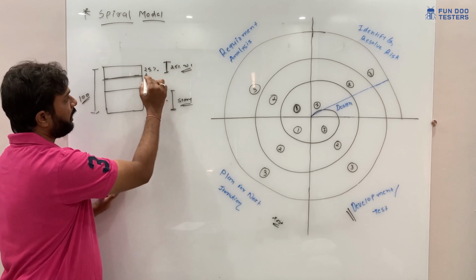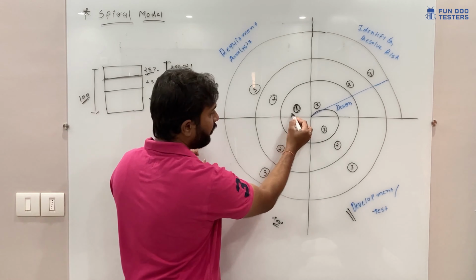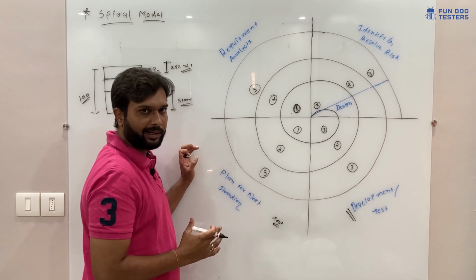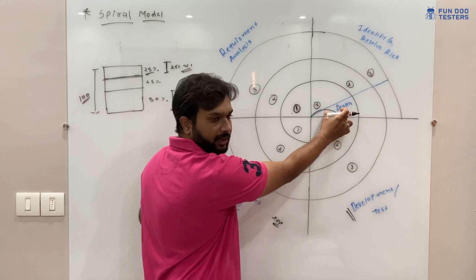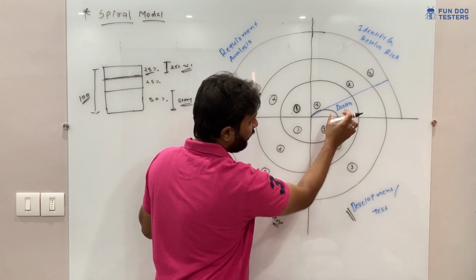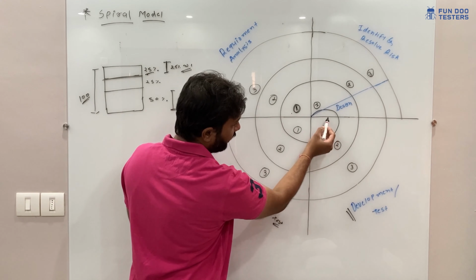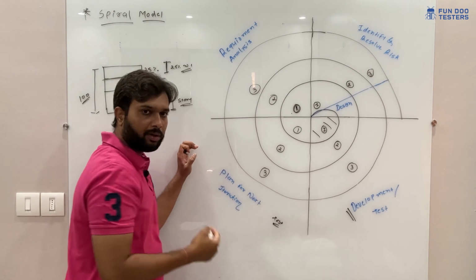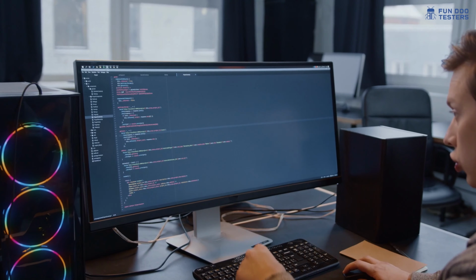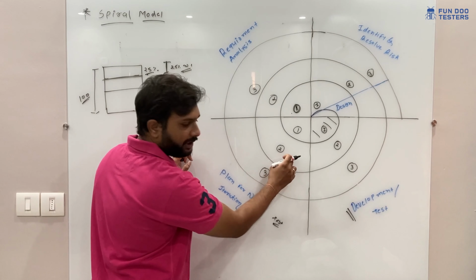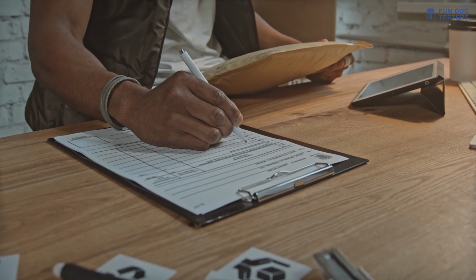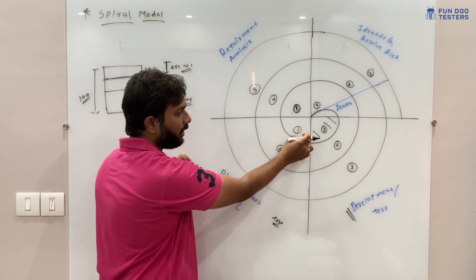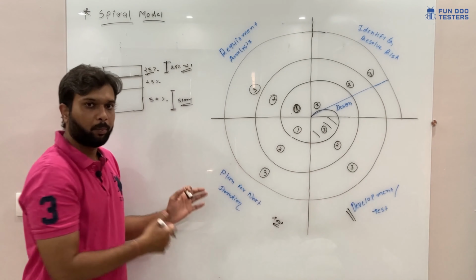Now in the first 25% part, they will do the requirement analysis, and once the requirement analysis is done, they will identify the risk, and here itself they have a small design phase. So the design phase will take place, and once the design phase is done, in only the first part, they will do the development and testing. Once development and testing is done, it will go for the next iteration. Here you can consider it as plan for the next iteration or test. If testing is pending, testing will take place here, otherwise they have to plan for the next iteration.